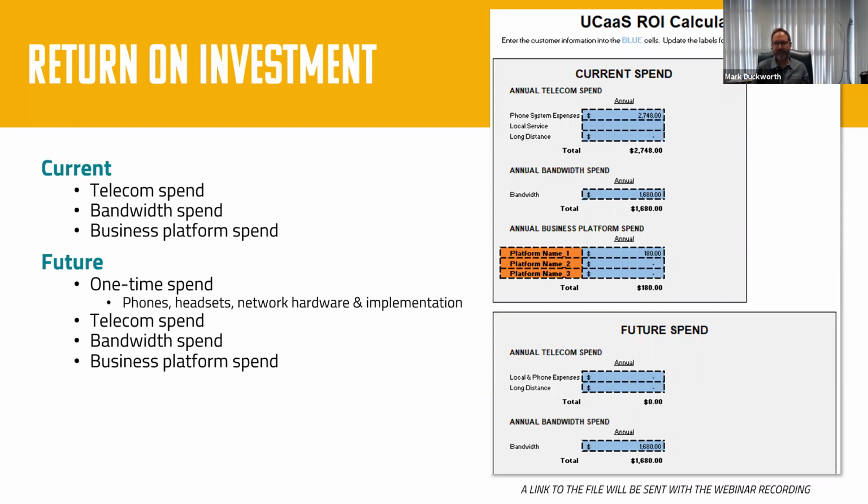But what you're going to really get into today is what is that current spend. So if they've got a phone system, what are they spending today on maintenance? What are they spending on support of that phone system? What do they spend for their circuits? They're buying analog POTS lines. They're buying a fractional or full PRI circuit. They're buying a lot of stuff that would go away, that they're not going to need with UCaaS. They may be spending on extra solutions such as GoToMeeting or conferencing or Zoom. So those are things that are going to go away.